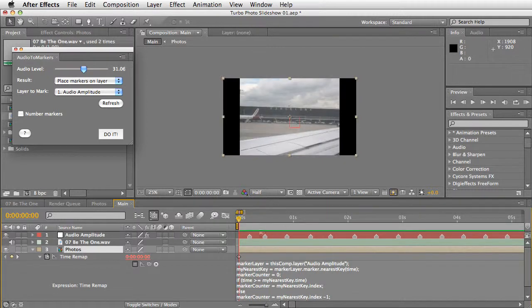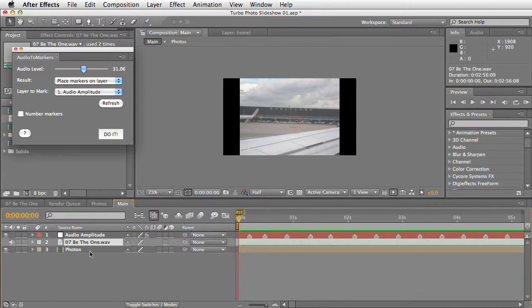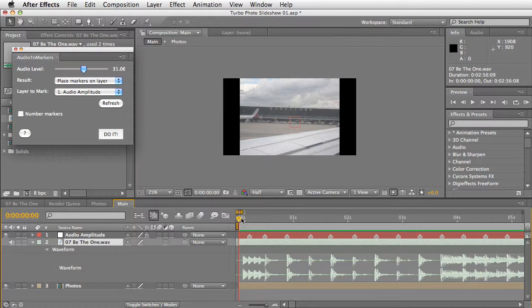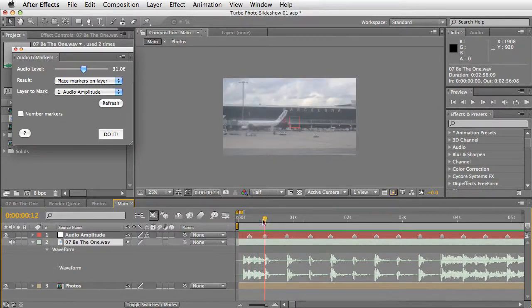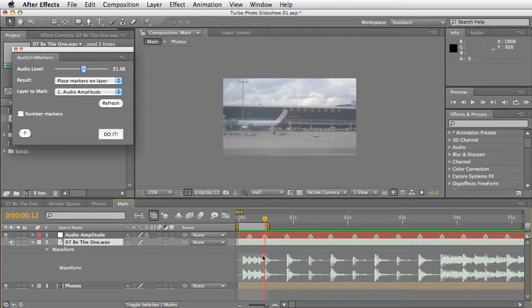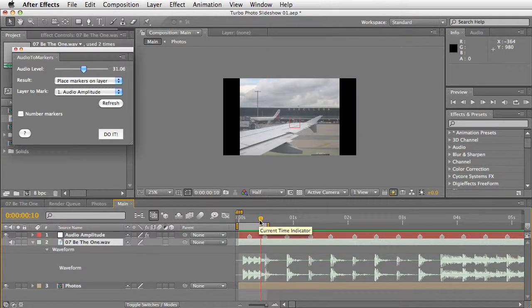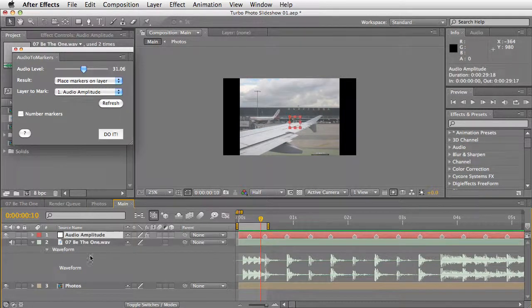I'm going to close this. I'm going to hit LL again to show the waveform. During this little drum solo, I want there to be a couple more changes. So I'm actually going to just set my work area for this area alone. And instead of using 31 as my audio level, because as you can see here, if we hit U for this,